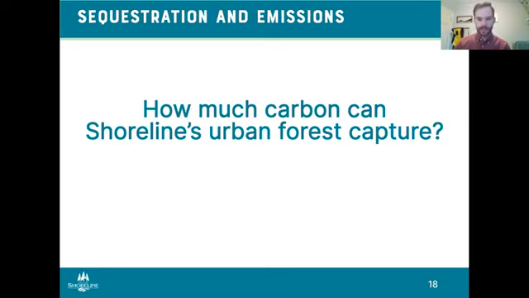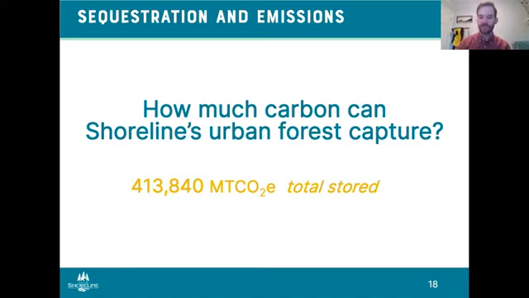How much can it capture for us? And so as part of this CAP process, we ran an assessment based on current land cover using the US Forest Service's iTree Canopy tool. So again, this is a high-level estimate of the potential greenhouse gas emissions reduction benefits from Shoreline urban forests. And based on this analysis, you can click ahead once. A lot of carbon is currently stored in trees. So over 400,000 metric tons of carbon equivalent,